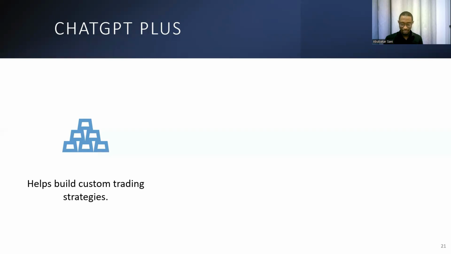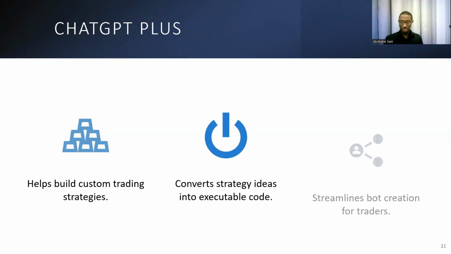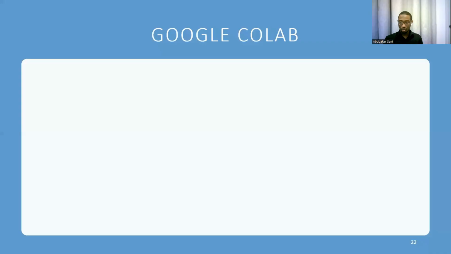So what we are going to use ChatGPT Plus for is, we're going to tell it this is our strategy, and then we would like it to give us the executable code which we can run, because trading bots are always code. They are executable code that you design or develop to follow your own trading strategy. So this is the way we intend to use ChatGPT, just to get our strategy converted into